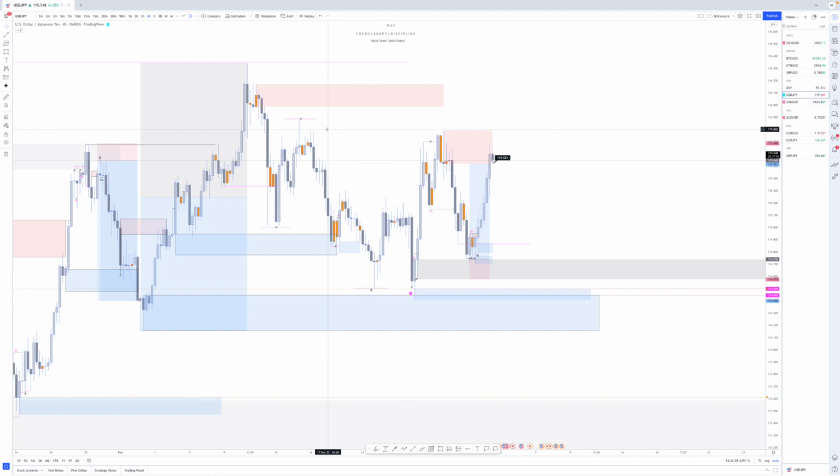So this breakdown is going to be slightly different than the previous breakdowns that you guys are used to, simply because we're going to be going based off the H4 time frame and working our way down to the M15 where the entry was taken. So you guys know me, I love to take my entries on the M1 and the M5 time frame. But the M1 and the M5 time frame are not always going to be the best type of time frames to take these entries on, especially depending on what type of results you want the trade to actually produce.